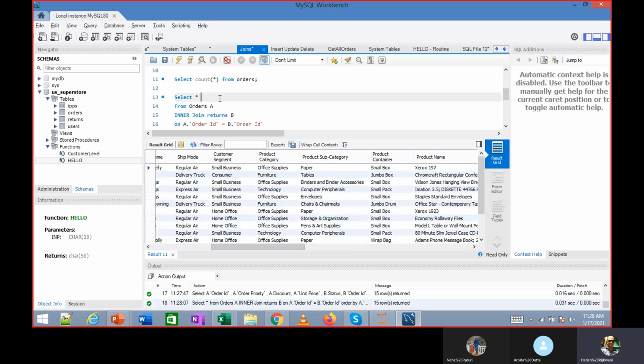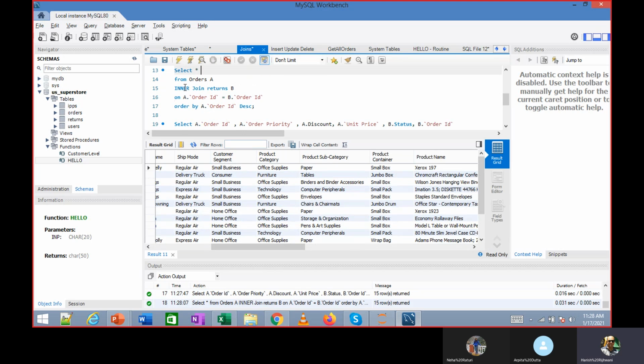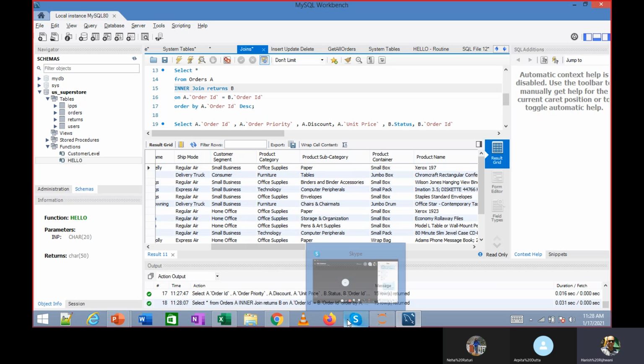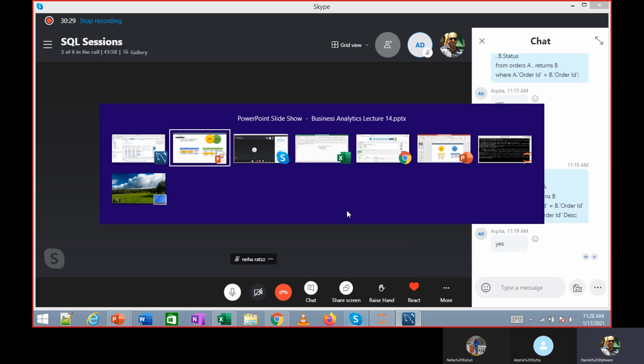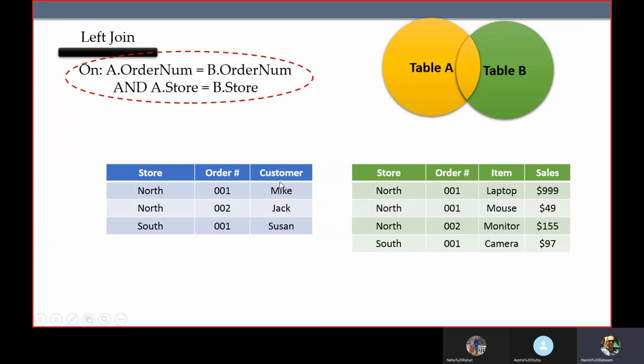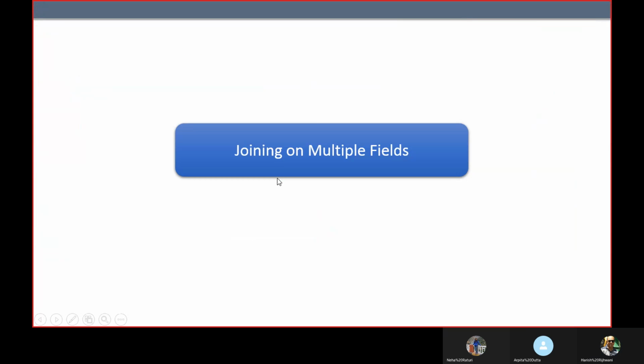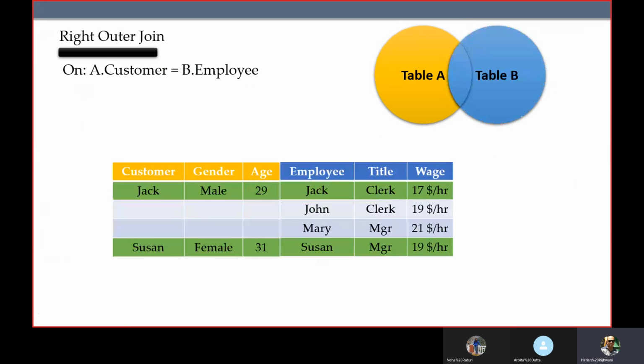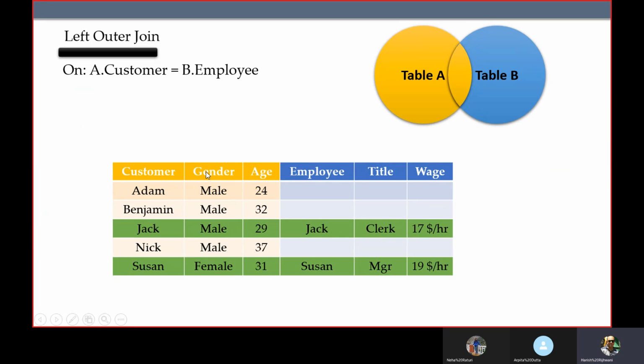So try it. Just change the join, right to left and inner, and try it. You'll see the difference of what we were explaining over here. You'll see the output over there. What we saw in this left join, that you see all the records of the left hand side table, and on the right hand side you see blanks for the ones where there isn't any data. So you will see that output.